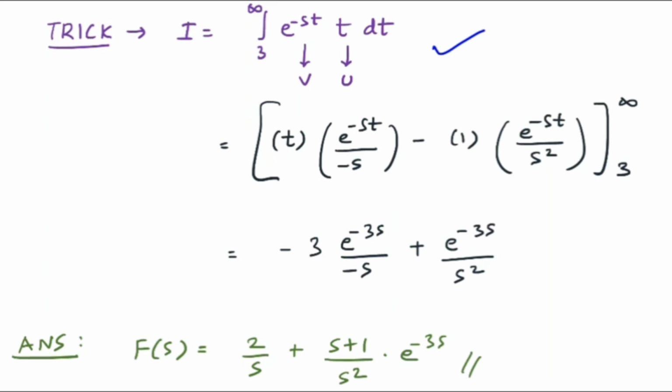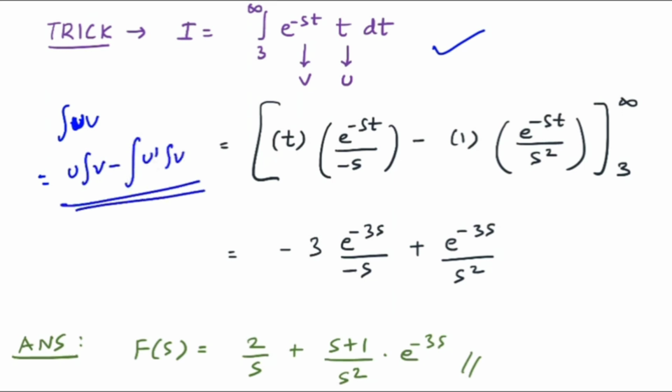Either you can use the uv rule. The integral uv rule says that it is equal to, so this part is u, sorry for my handwriting, u into integral v minus integral of derivative of u into integral of v. If you solve this, then you will get your final answer, but it is a time taking process. Would you agree? A lot of integration and differentiation you have to do, but I can minimize this using a trick. But first of all you should know which part is u and which part is v. How can I say that the variable t is u and the variable e raised to minus st is v? For that we have a rule.